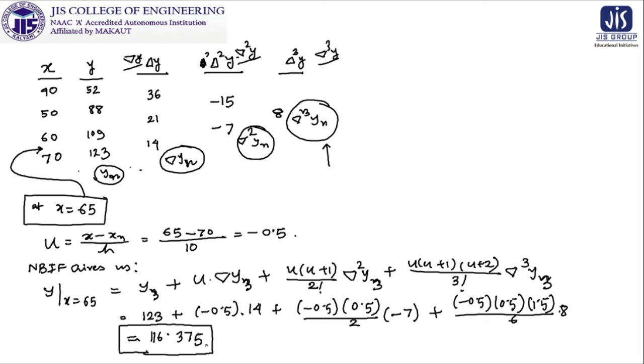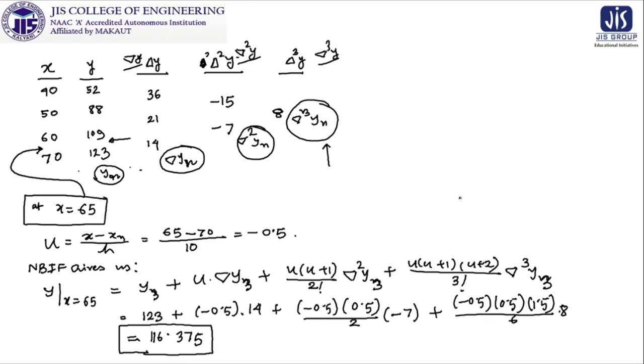So this is the value what we are actually asked for, that find out the value of y at x equal to 65. Obviously we have used Newton's backward interpolation formula, and look at this, we got some consistency: 116.375 is within this 109 and 123, and the structure exhibited by this unknown function is that it is an increasing function. So 109 and 123, it is speculated that the value will be within them, but what will be the pattern, is it 110 or 122, that is not possible for us to identify just by looking at this, where Newton's backward interpolation formula helps us a lot to find out this result.